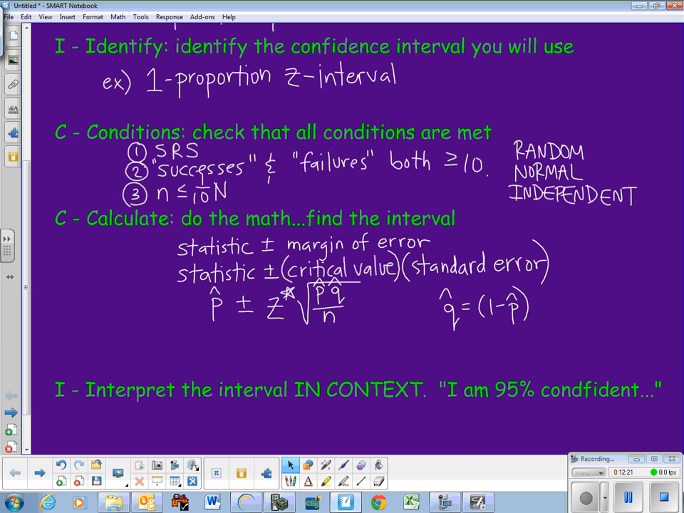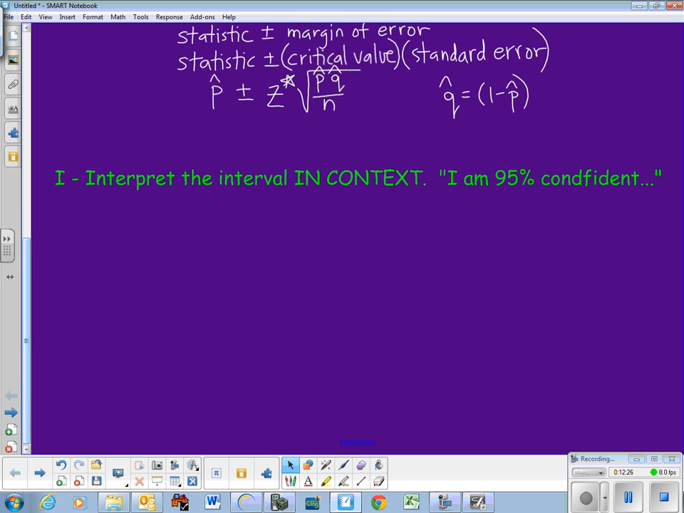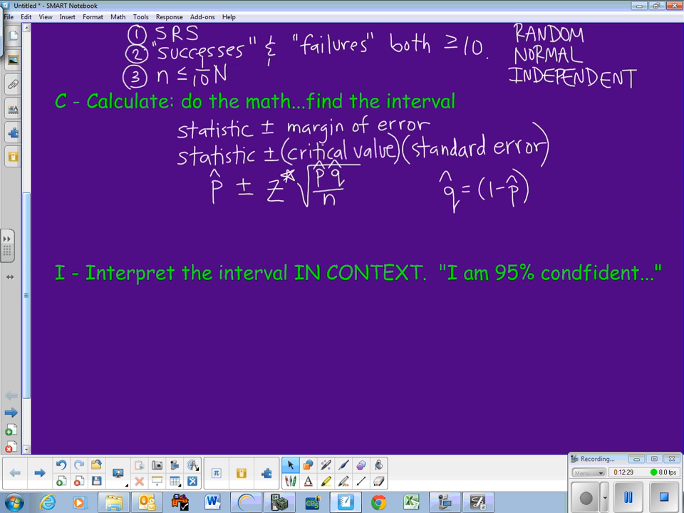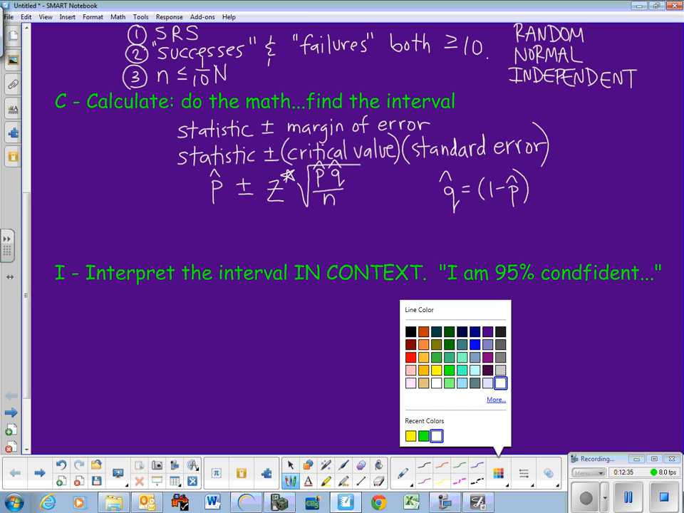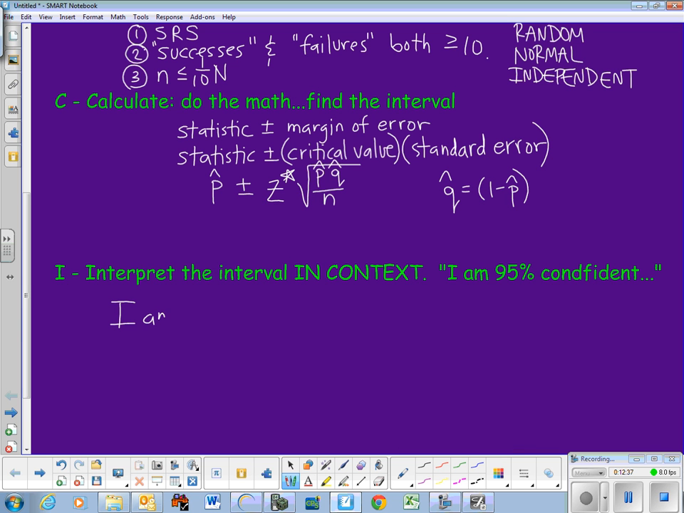So let's get one quick example in. Well, first the interpret. The interpret was on your last video. Every single time you calculate a confidence interval, you should finish with this sentence. I am, or we are, it doesn't really matter, blank % confident that the interval, and this interval might be like 0.45 to 0.49 if you're in proportion land, or it might be like 6.8 to 7.2 if you're in mean land,